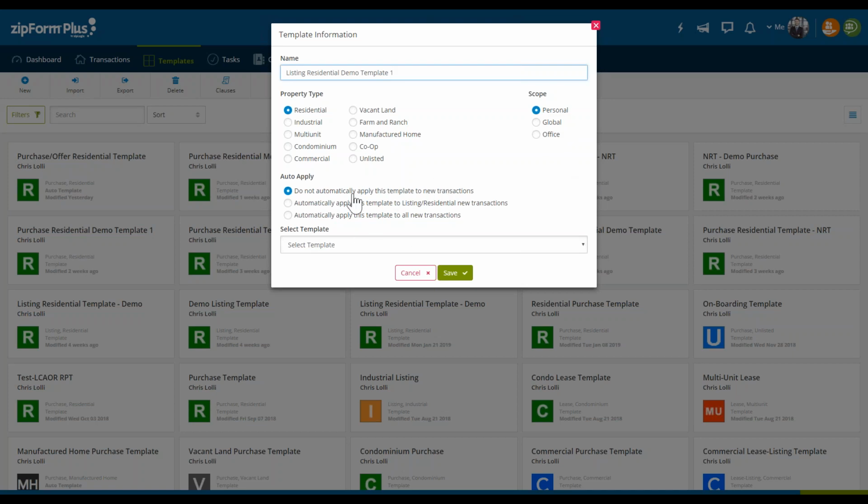Right below that is auto apply. So the first and third are converses of each other. So let me briefly explain what the difference is between these 2. The first one says, do not automatically apply this template to brand new transactions. So if we want the ability to reuse or recycle a common set of data across multiple transactions, this one's telling me that I want the flexibility and customization to choose what I want to copy when. Okay. The third one is, like I said, the converse of that, where it eliminates the choice, where it's blanketly and indiscriminately applying to all new transactions.